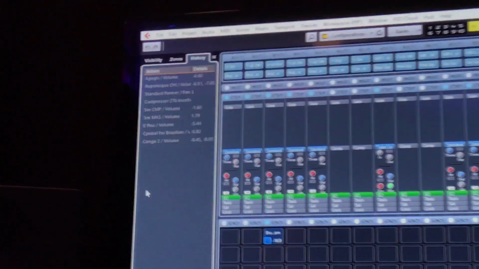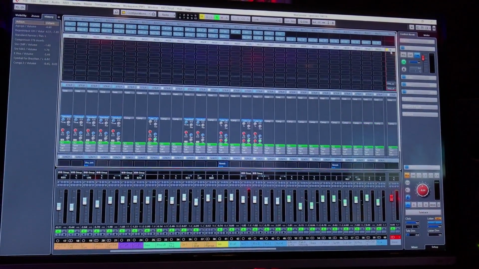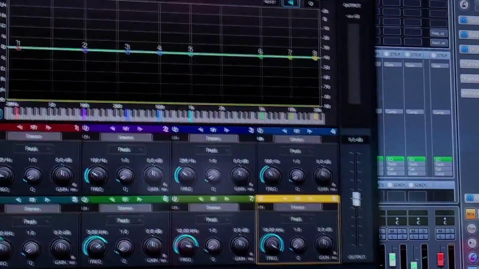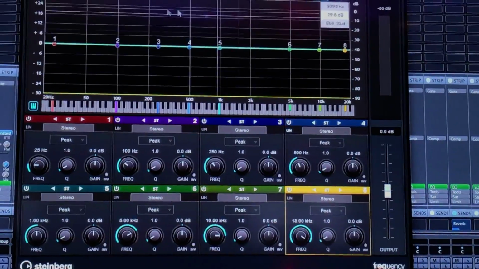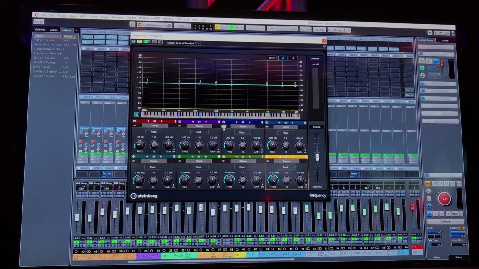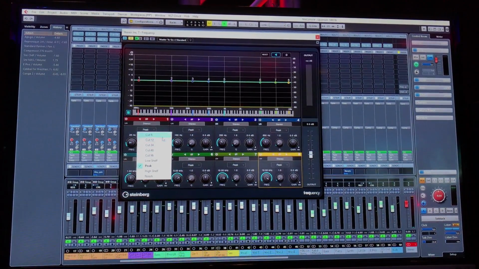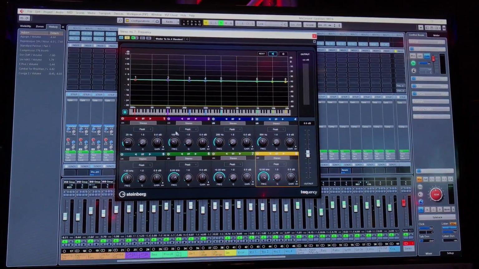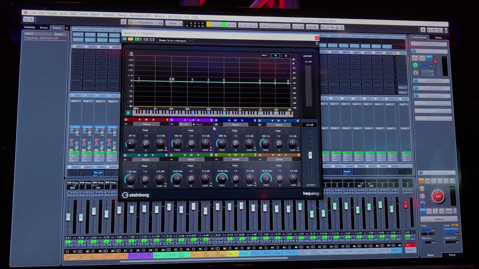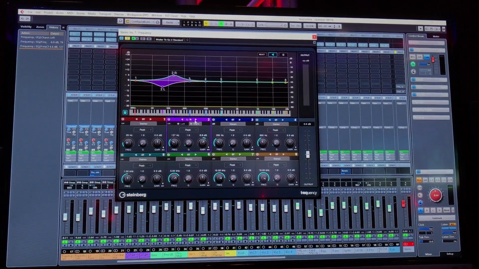Now we have a number of new plugins, and one of the most exciting ones is called Frequency, and this is a very exciting EQ. It's an 8-band EQ, and this comes standard with Cubase. As we look at it, it's 8 bands of linear phase. The outer bands can have up to 96 dB cut. Each of the bands can work in stereo. I could have independent left-right controls for each of the 8 bands,